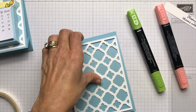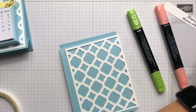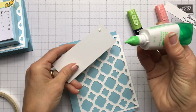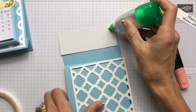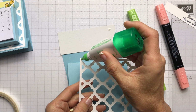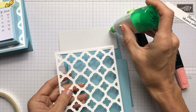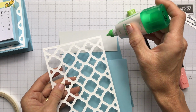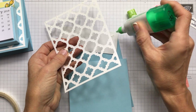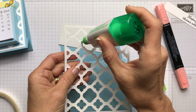So let's just go ahead and get this glued on here. And this is one where when I use my Tombow, I make a little dollop there, and I have that as my little glue well, and it just makes it easy. You want to make sure you get into these corners right on the edges. I just use that, or you can also use toothpicks, the end of a wooden skewer, anything. You can use the tip edge of a piece of paper as well. But I find it easier than trying to